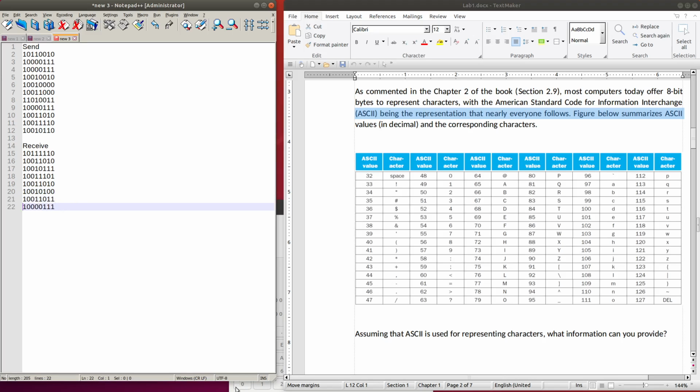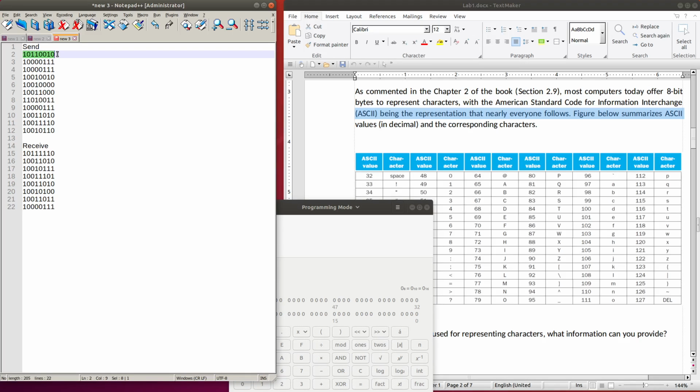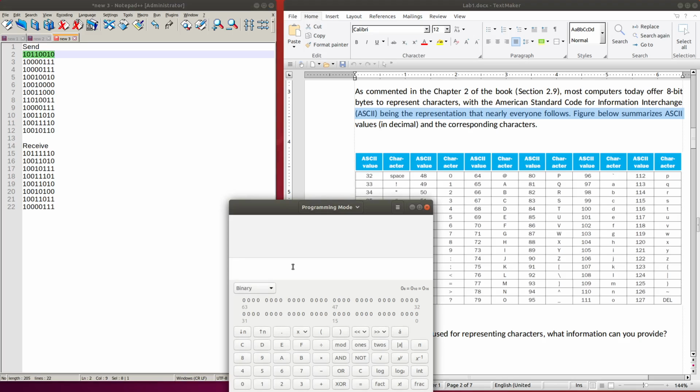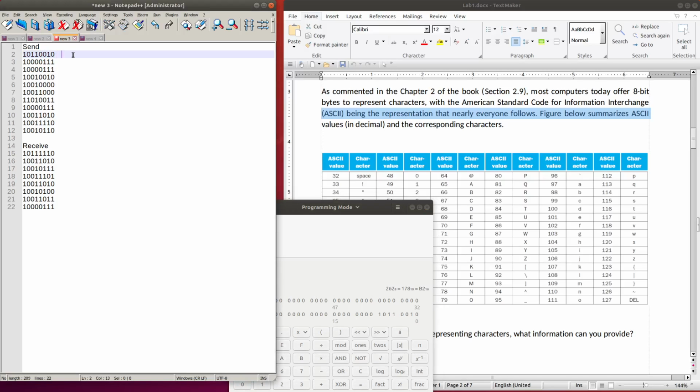Well, we will look into this calculator to check what the value is. Here you have the value of 10110010, which will be 178 in decimal. And that value 178, we will write it here, 178.